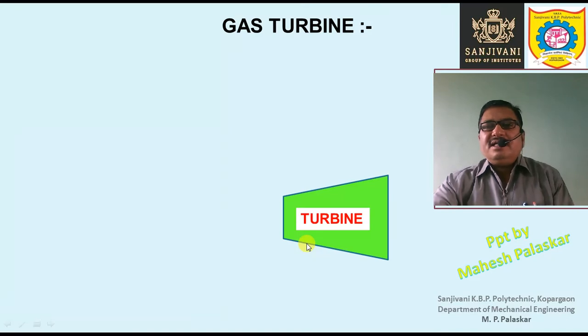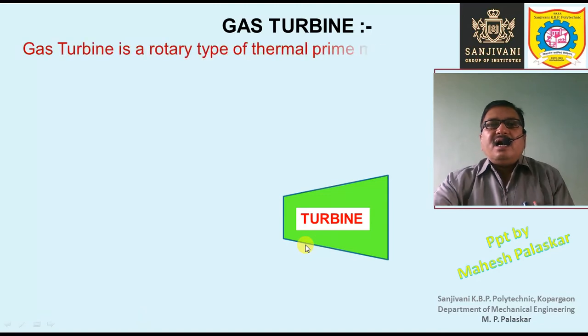We have already studied the engines and we have seen that engine is nothing but a power producing device. It can be used as a prime mover. Turbine is also a power producing device. Turbine can also be used as a prime mover, but turbine is a rotary type of prime mover. So turbine is nothing but a rotary type of prime mover, and gas turbine is nothing but a rotary type